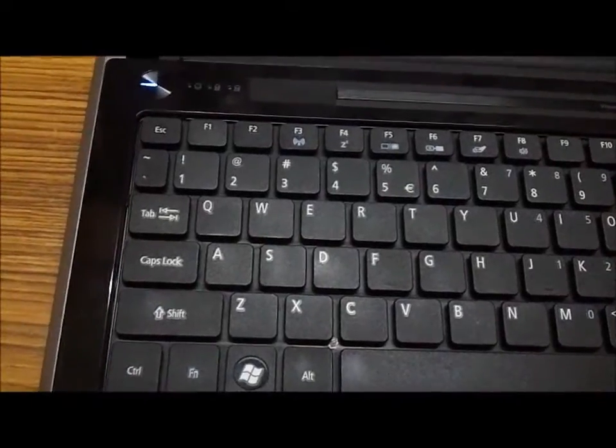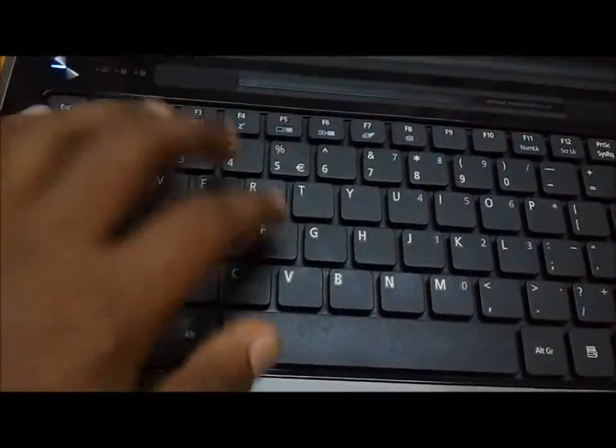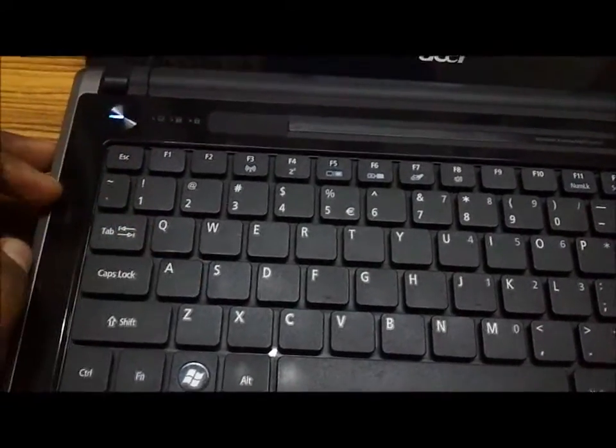Another bad feature about this laptop would be its floating chiclet style keyboard. The keyboard's kind of pretty good. You can comfortably tap on it. The keys are wide spaced. It's really got a nice feedback, but